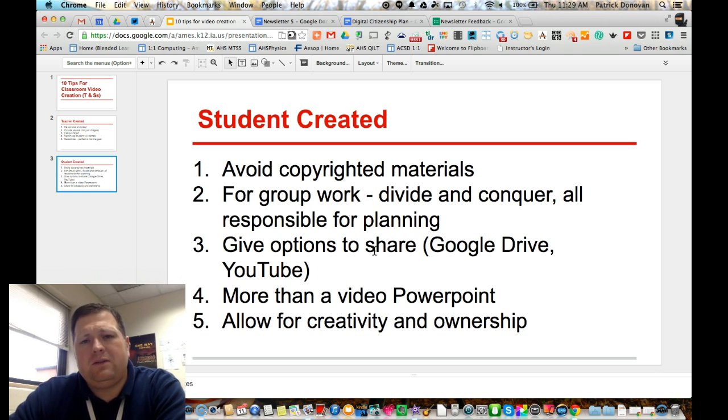But another positive for them to share out publicly is that it actually helps build their positive digital footprint, which is a big thing that they should be working on, is creating a positive digital footprint. Number 4,